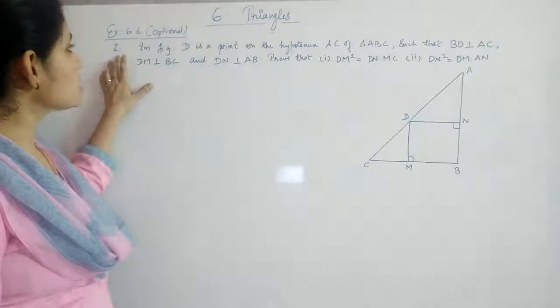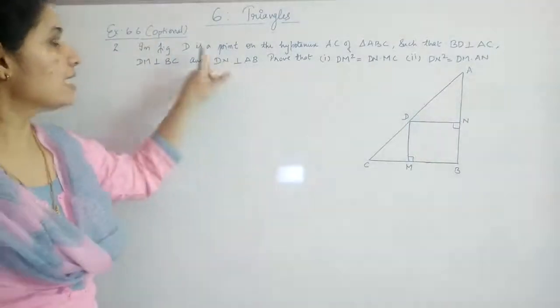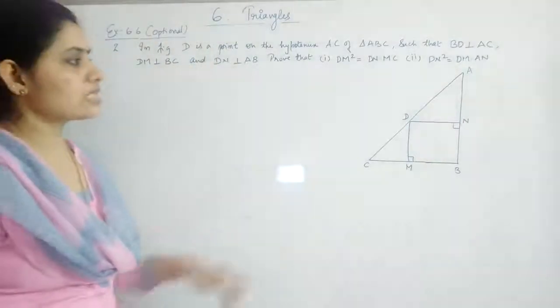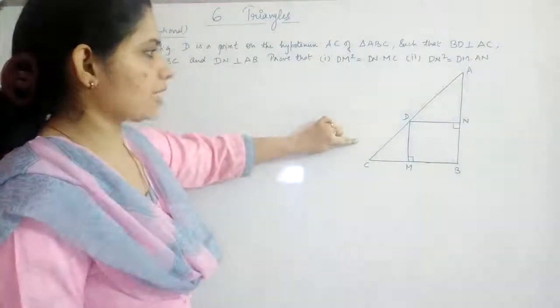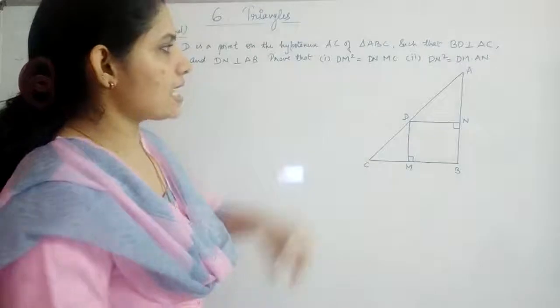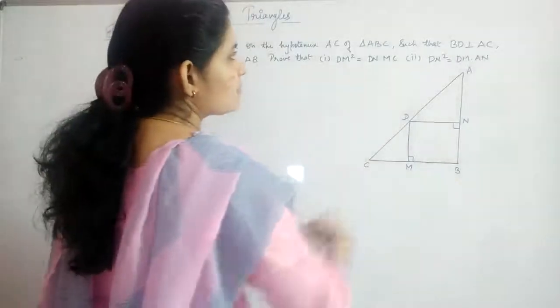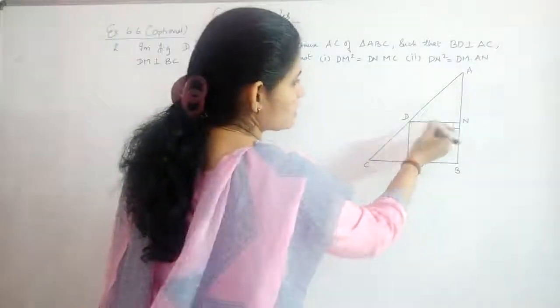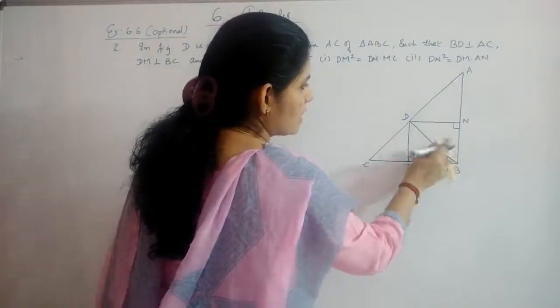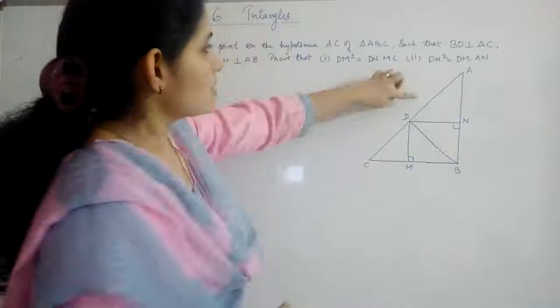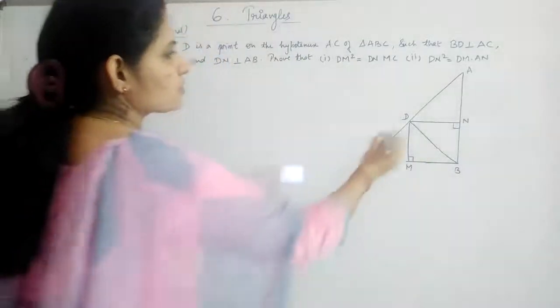Question number 2 is, in the given figure, D is a point on the hypotenuse AC of the triangle ABC such that BD is perpendicular to AC. So we'll just join these two. BD is perpendicular to AC. This is AC, this is BD, perpendicular. Okay, so this will give you